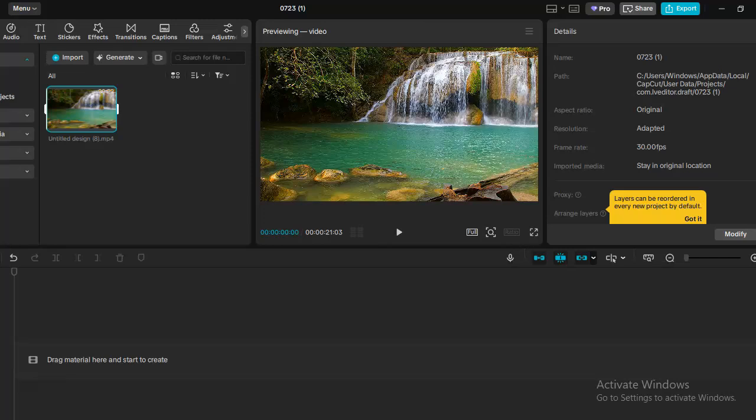Hi guys, in this video I will show you how to export video from CapCut to TikTok, what you need